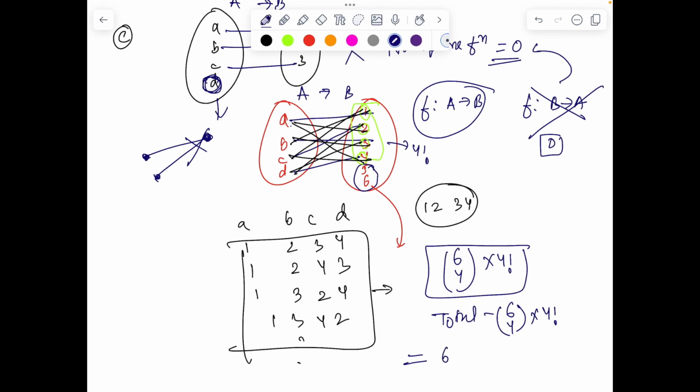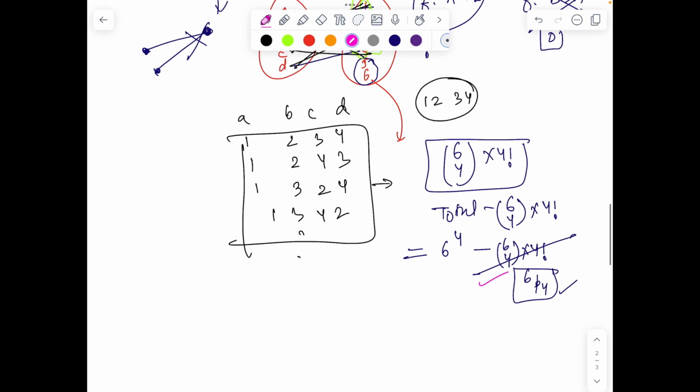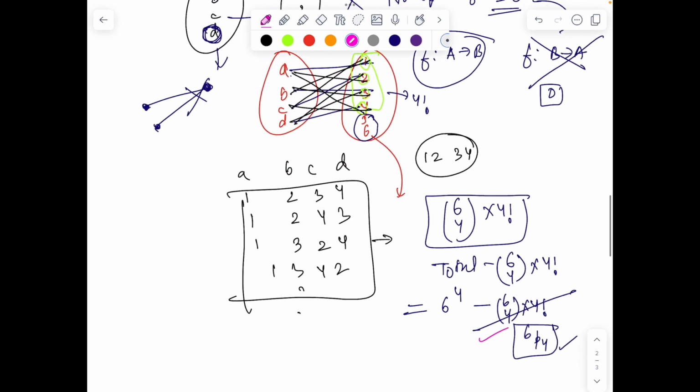into 4 factorial. तो टोटल कितना है, A के पास कितना चॉइस है, 6 चॉइस, so total will be 6 का पावर 4 minus 6C4 into 4 factorial. अब 6C4 into 4 factorial को 6P4 भी बोलते हैं, 6 परमुटेशन 4। Anyway that's not required, ठीक है, तो वो आंसर हो जाएगा।